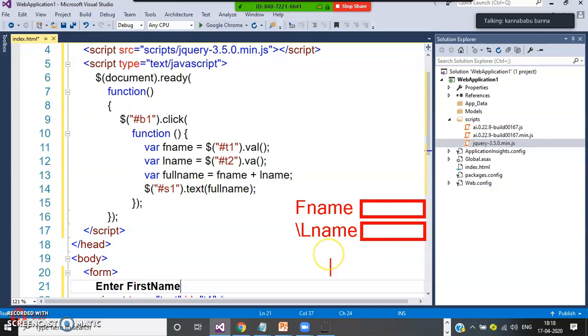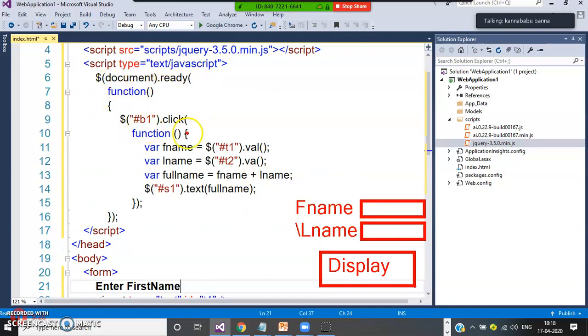User will open the browser, enter the URL, request goes to the server. Server will search for index.html. The index.html page will be loaded in the browser. Then the static DOM is ready, all HTML elements are converted into JavaScript objects. Then the document.ready function will fire. It will check whether the document object is ready or not, and this function will execute. Before displaying the output only this will happen.